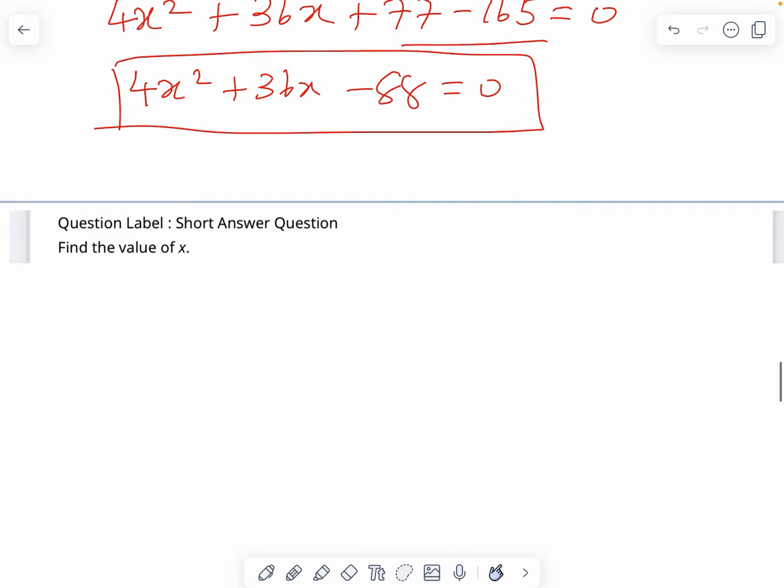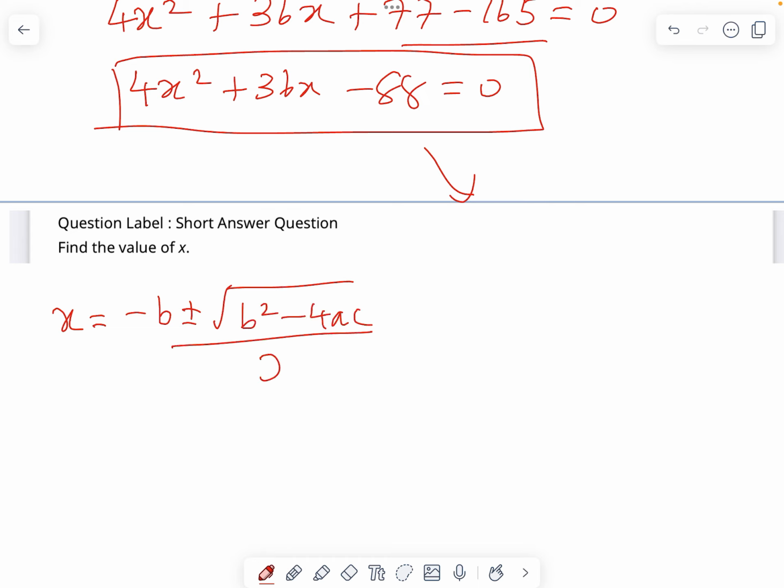So from this we are going to write the coefficients a, b and c. The formula for the quadratic equation to find the variable x is x equals minus b plus or minus root of b square minus 4ac, divided by 2a. Here, in the form of the quadratic equation ax square plus bx plus c equals 0,